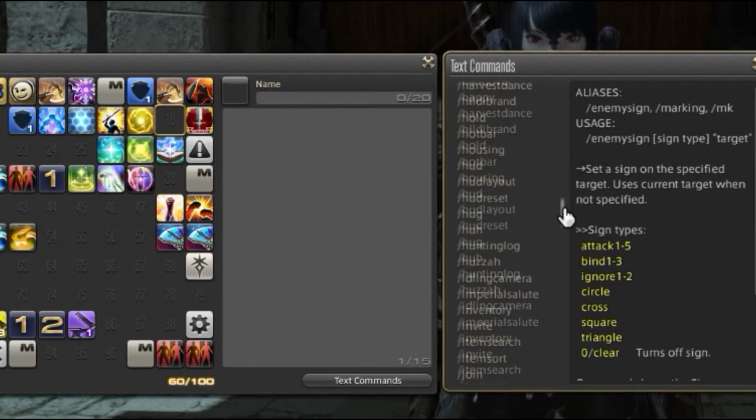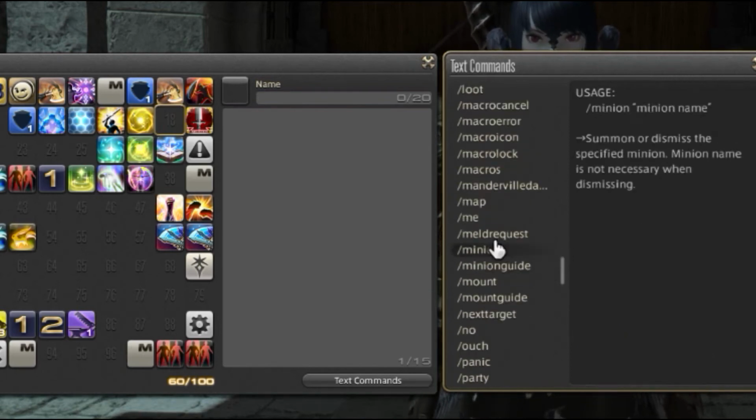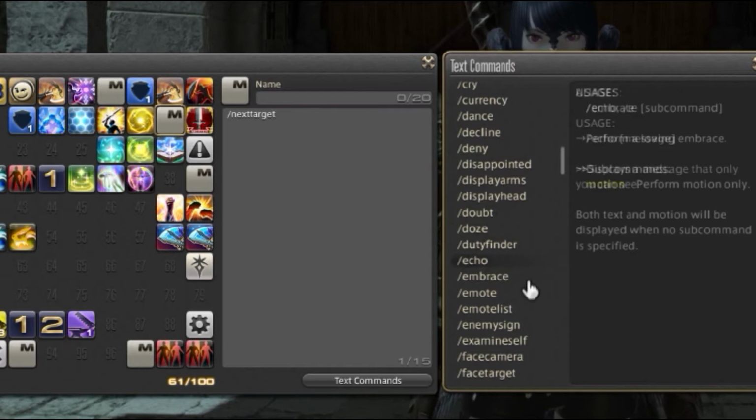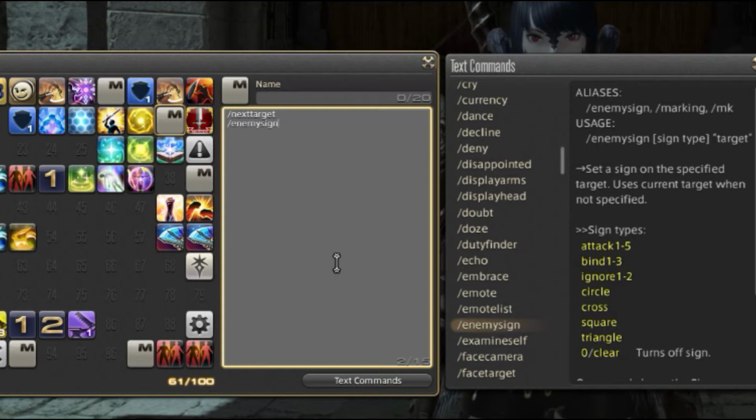So if we wanted to go through and write this down, we would scroll back down to the Ns. Select next target. It'll go ahead and put it on the board for us. Then we'll scroll back up to enemy sign, and we select that. And of course, we want to put the type of sign down, so we will put down attack, and we want to do this in descending order. And I say this is the best way to do it, in descending,